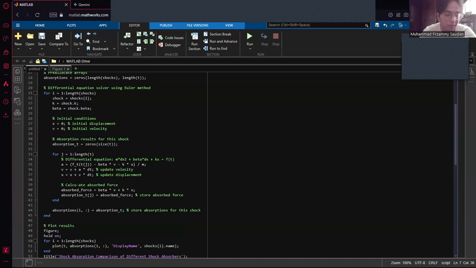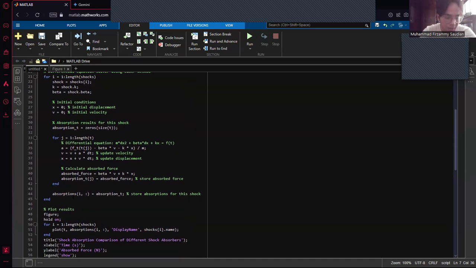This equation considers the mass, the damping coefficient, stiffness, current displacement, current velocity, and external force at the current time step. It updates the velocity and displacement based on the calculated acceleration and the time step using the Euler method,